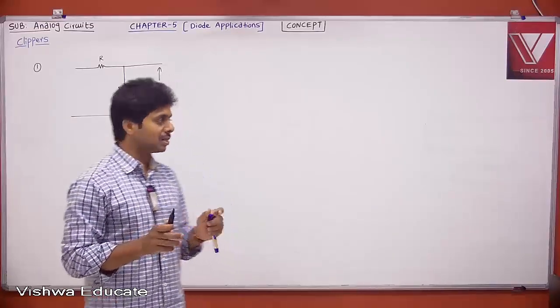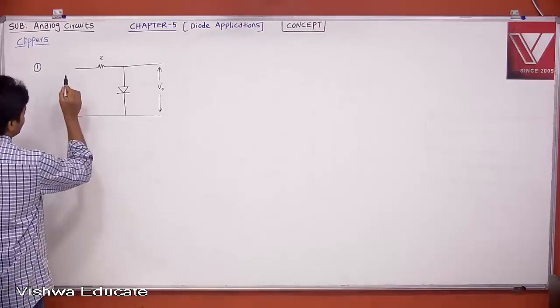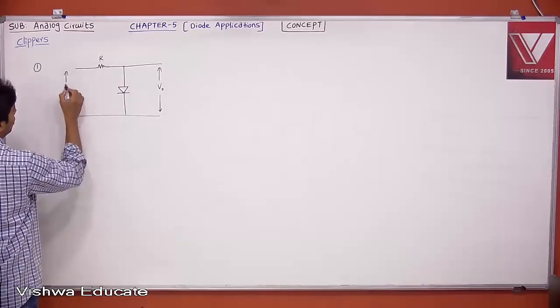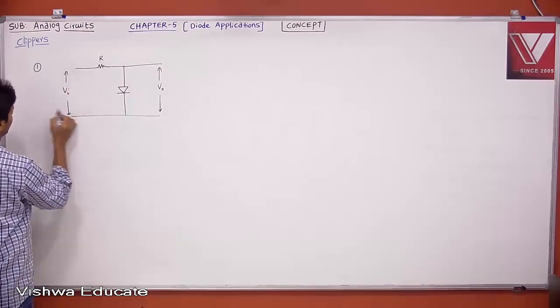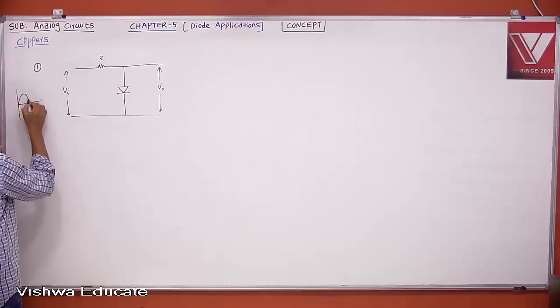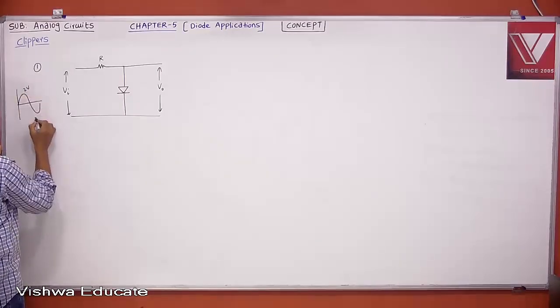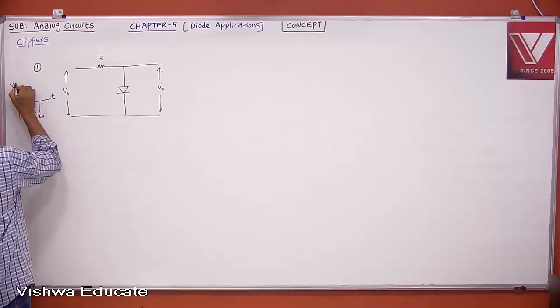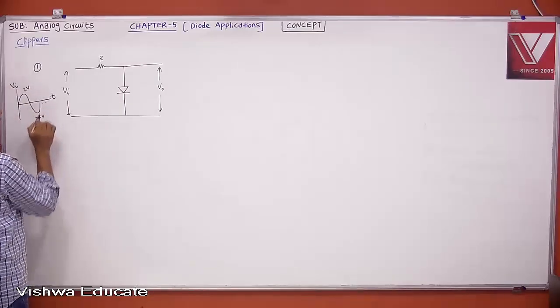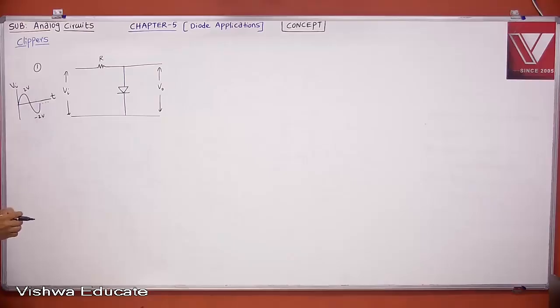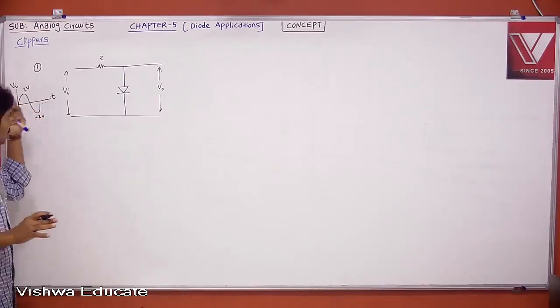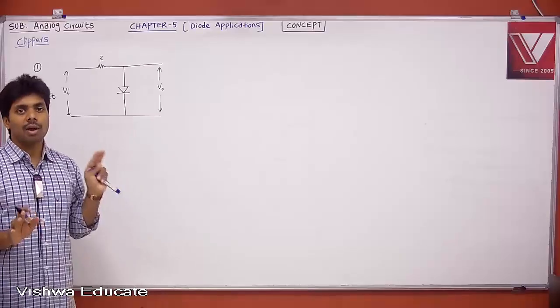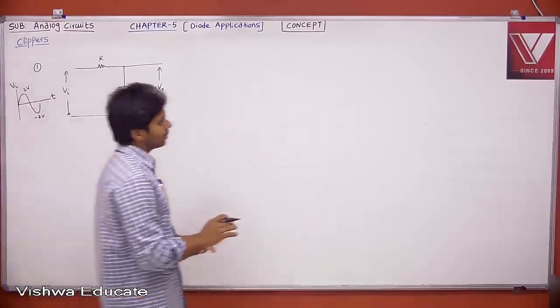Further, let me tell you the procedure, even though your input is a sine wave. Let us say I am giving a sine wave of 2 volt and minus 2 volt. This is my sine wave, having some period 0 to T. Now, don't respond to the actual sine wave, and not only a sine wave, let us say a square wave, don't respond to the actual square wave. The procedure is,